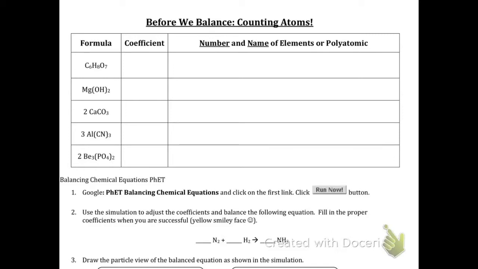We're going to learn how to balance chemical equations, but before that, we're going to have to make sure you know how to count the elements or atoms and the polyatomics. So, for example, when you see a formula like